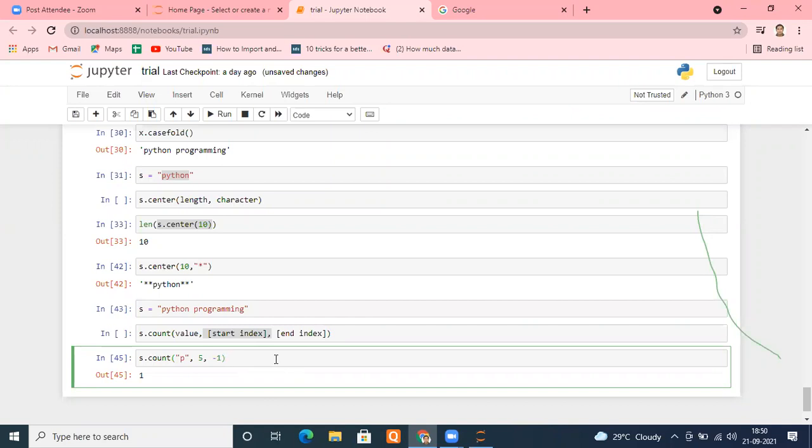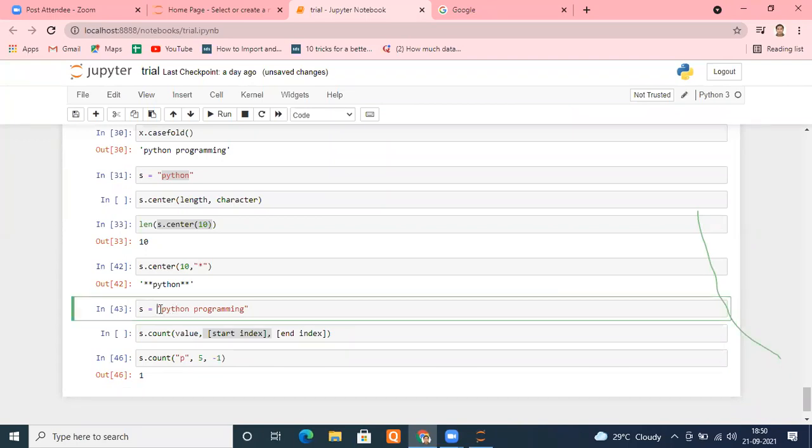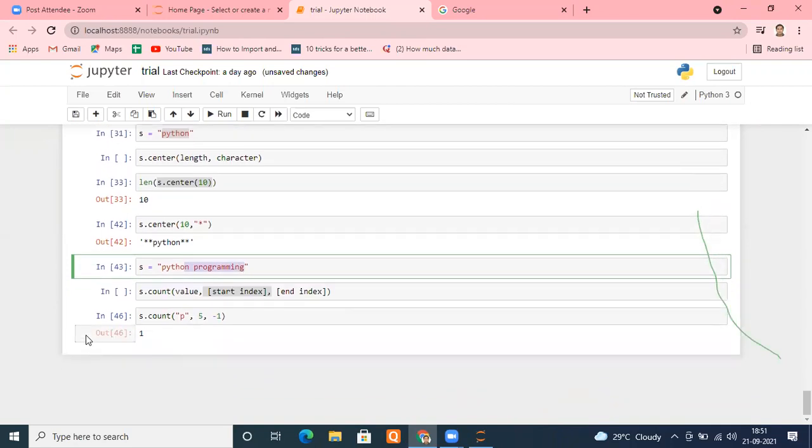Okay, for example. So I'm typing here and let's check how many times I'm getting P now. Earlier we were getting P twice because it was taking from beginning to end. Now I mentioned 5 here. So what will be 5? 0, 1, 2, 3, 4, 5. So from there it will be counting, and from 5 to last, how many times is P occurring? Only once. I hope you get an idea. Everyone? Yes, sir.